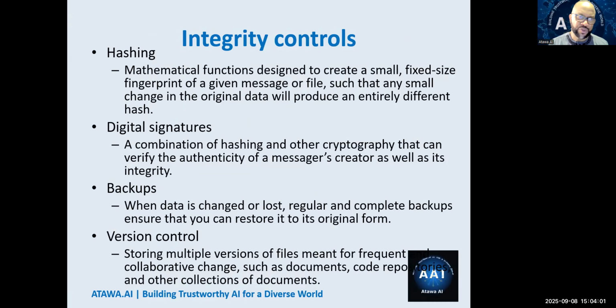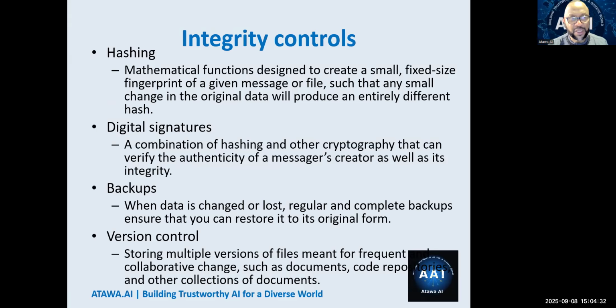For integrity controls, you have hashing, which they put as part of cryptography, but the essence really is to take something and convert it into a specific form, like a message digest, right? And digital signature, we'll cover this more later on, which is a cryptographic function. It's like my normal signature as a human being, but this is now a digital aspect of it, right? We'll cover them in more detail.